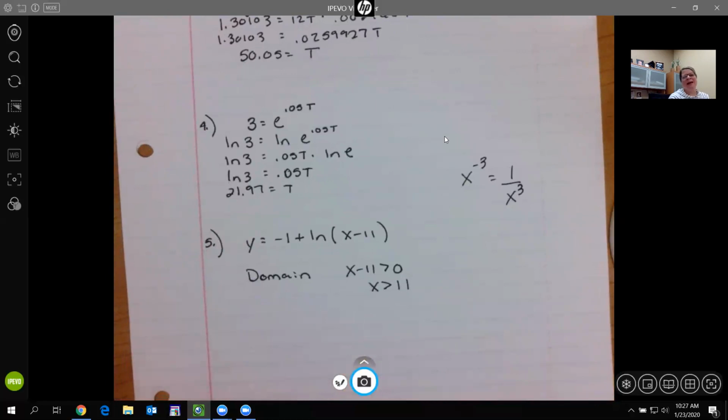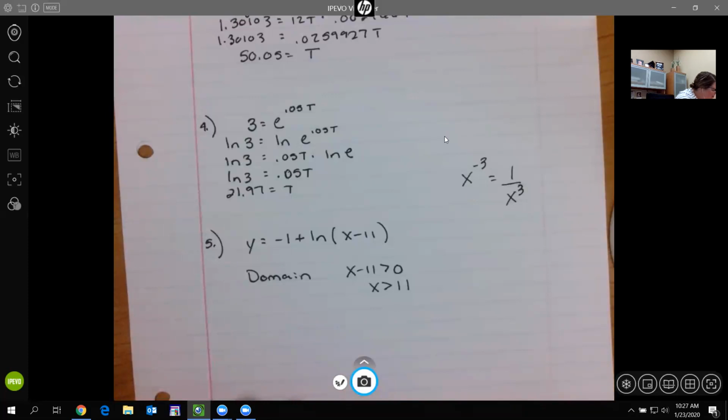We don't do a lot of logs. They do have a restricted domain if you start with a log in a problem, but we just don't do it as much. I don't even think we wrote it down. We just wrote down that x in the denominator and a square root, but it could happen if it's written this way specifically. And our range, what we get out,